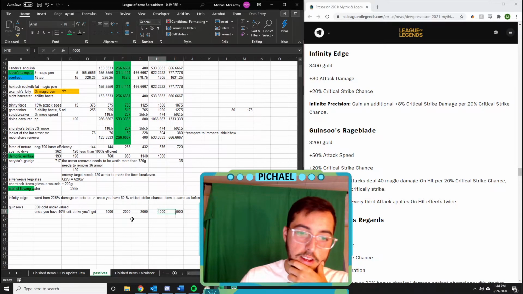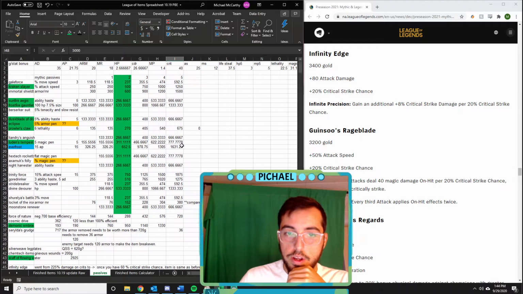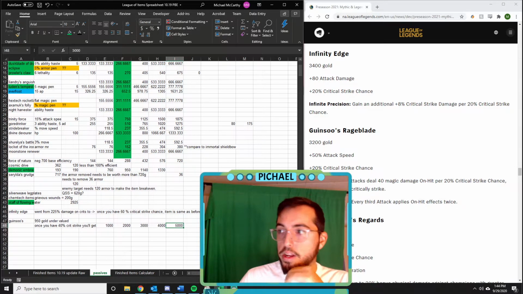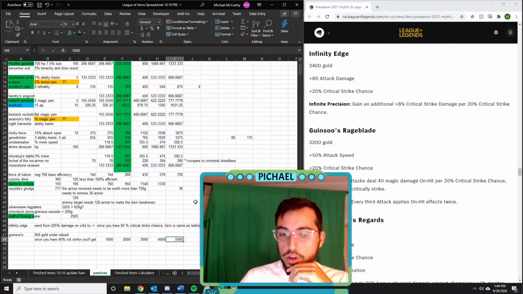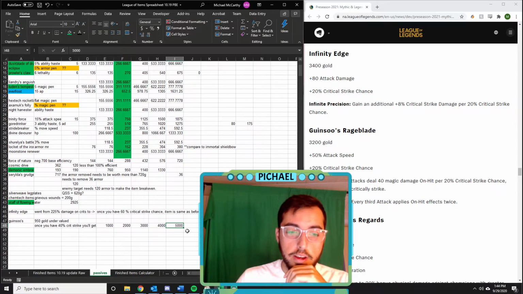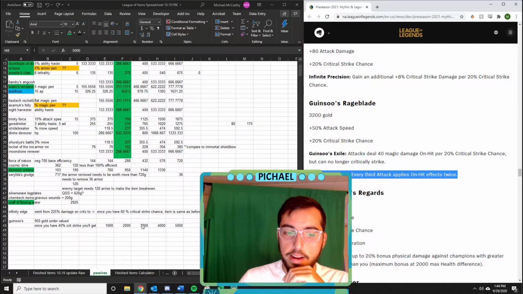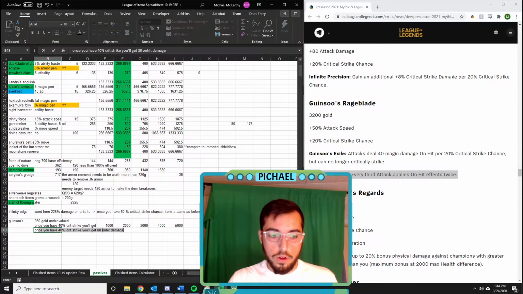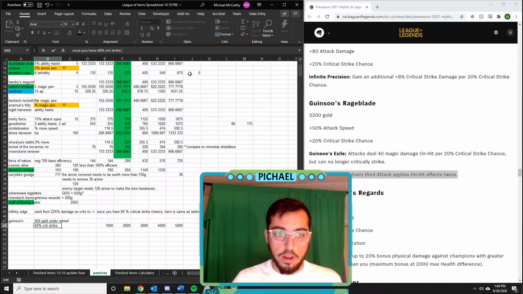Because that's how I'm reading it, that you'd be getting 40, so 200 on hit damage, which is equal to 1,000 gold. And if you have 100% critical strike chance, then you're having 200 on hit damage every auto attack, and that's just insane. That's even before taking that into consideration. So once you have 40% critical strike chance,